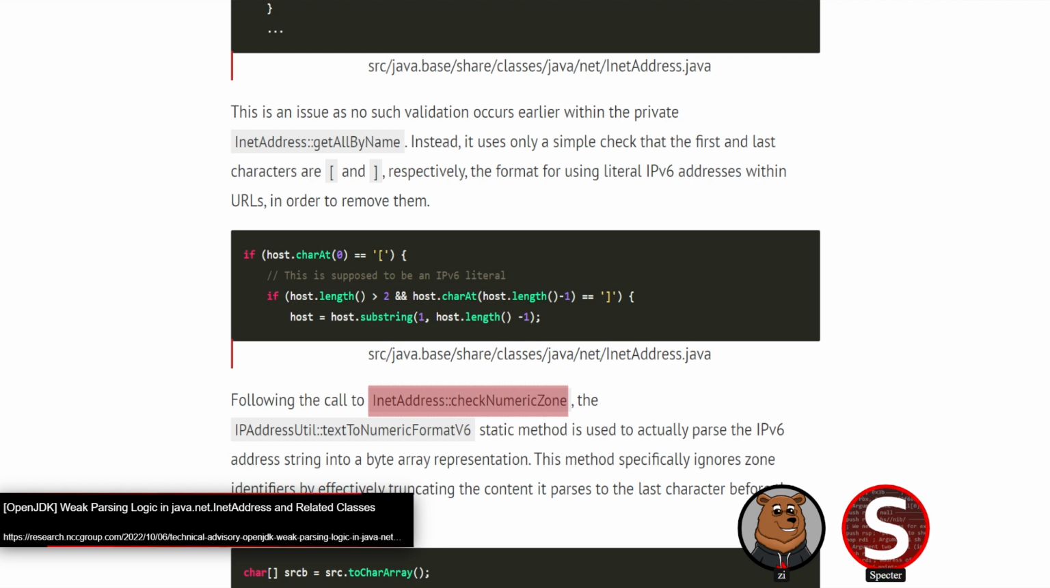So if it sees a closing square bracket, it will break out of the loop of parsing the zone digits. The problem is it doesn't actually verify that that closing square bracket is the end of the string. It only verifies that it doesn't appear directly after the percent. Additionally, get all by name doesn't validate that the extra square brackets are not present. Like it will check that it begins and ends with the square brackets, which get removed, but it doesn't check